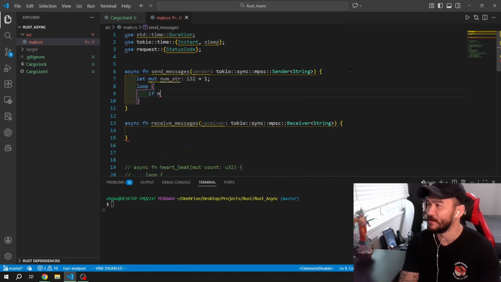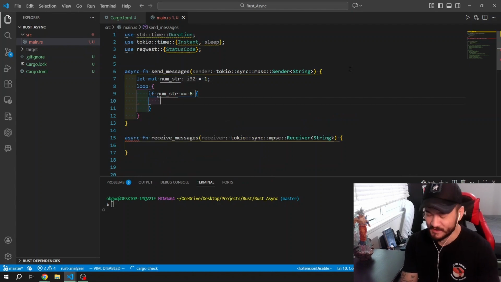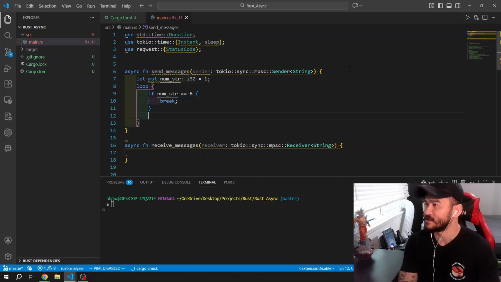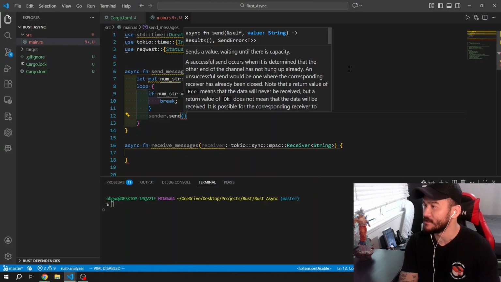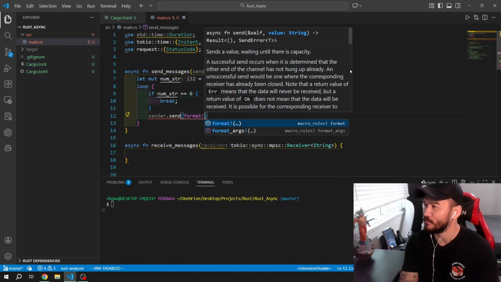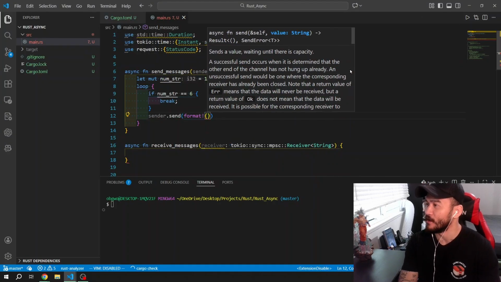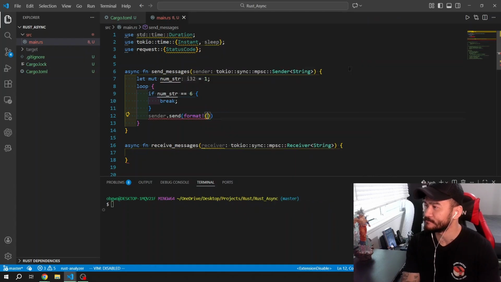And if the num string is equal to 6, that's when we're going to break. Otherwise, it's going to send messages. So we're going to say sender.send, and let's do format. We're going to format a string here, "sending message from async",